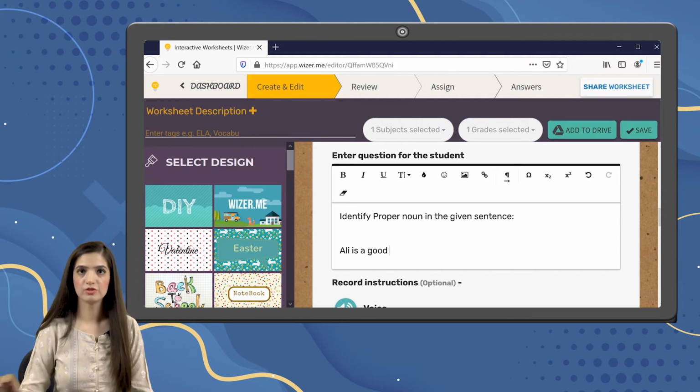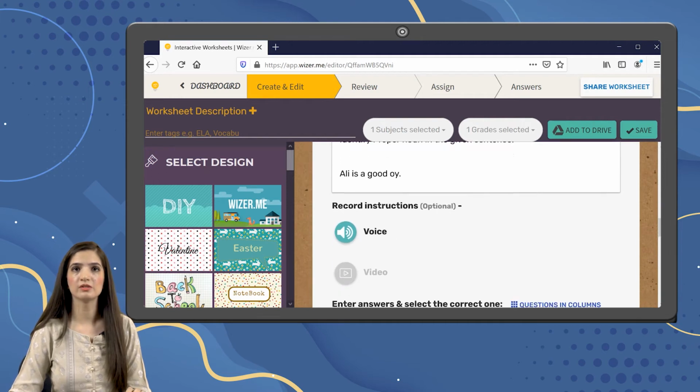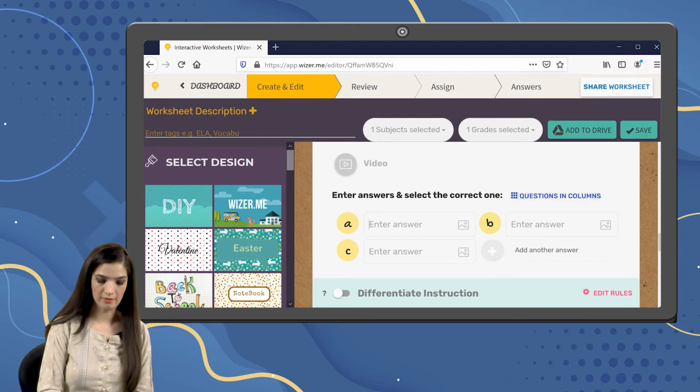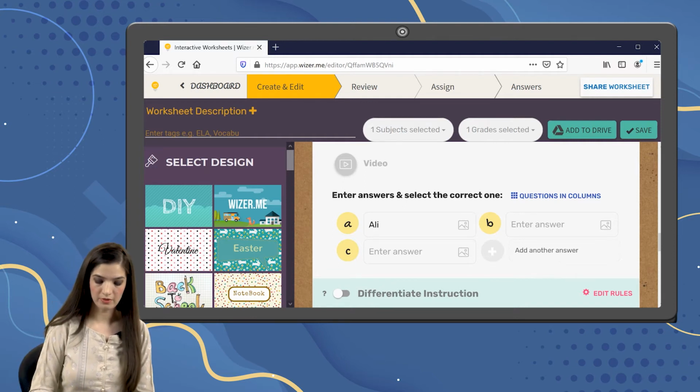Okay, this is the question, and you scroll down again. There is an option of record instructions. Then you are supposed to enter answers and select the correct one. In the columns, you are going to enter the options for students. Like here, I'm giving the options.